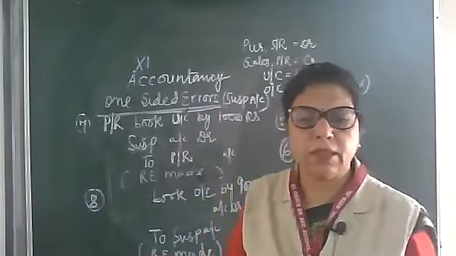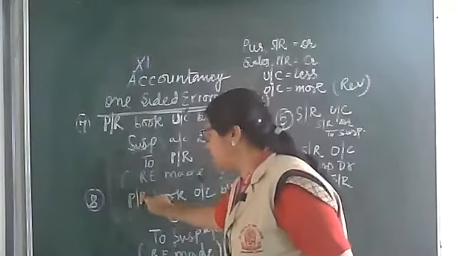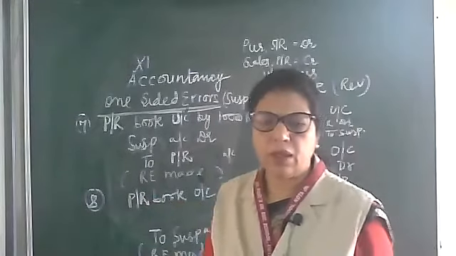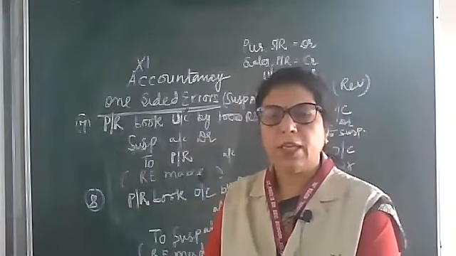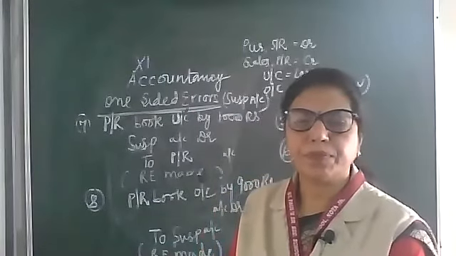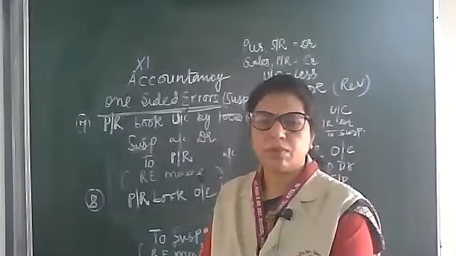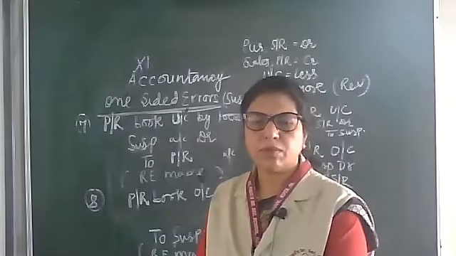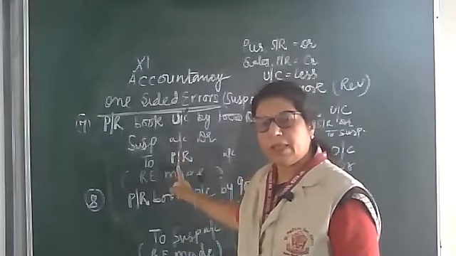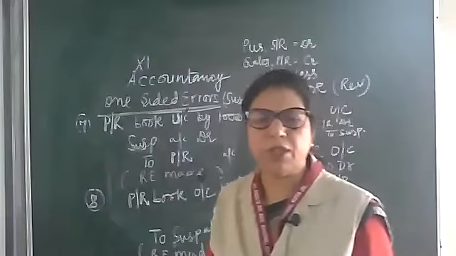Now purchase return book overcast. Purchase return book overcast by 9000. Mehak Bajaj, please give me the answer. What will be the entry passed if purchase return book is overcast? Suspense will get debited to purchase return account. See the board. In case of undercast, that will be the same entry, and in case of overcast, then also you will pass the same entry.